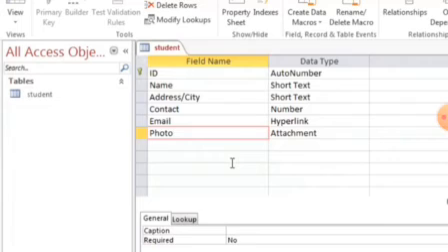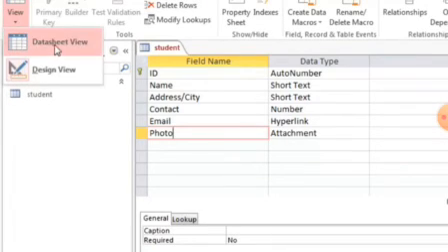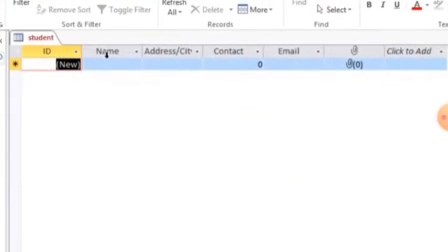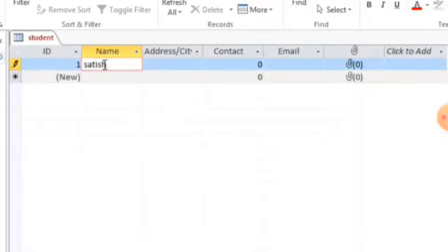Now next is form. A form is a convenient interface used to add, modify, or search the information in the database, tables, and queries. A form is also a part of the table where it is used to add, modify, and search the particular kind of information from the whole table. Okay, a form helps us to find out a particular kind of information.